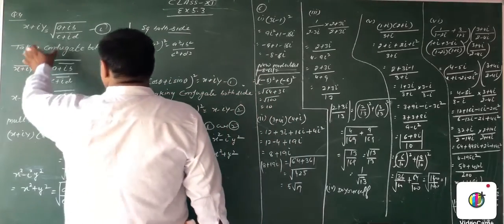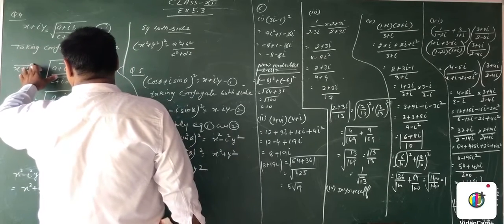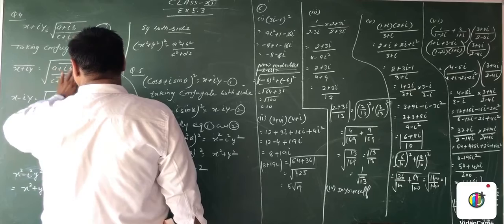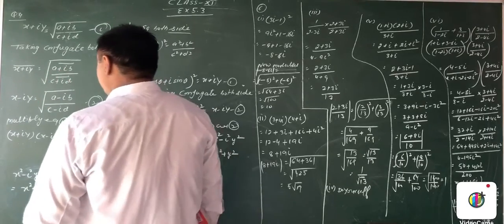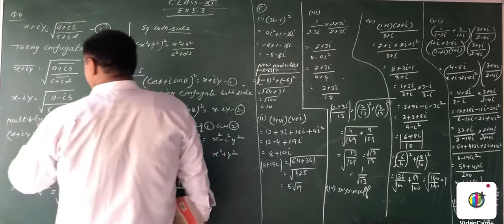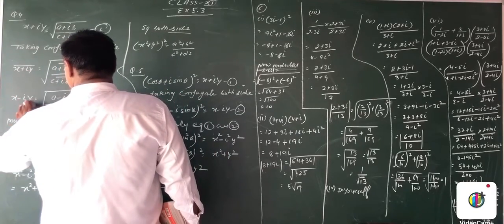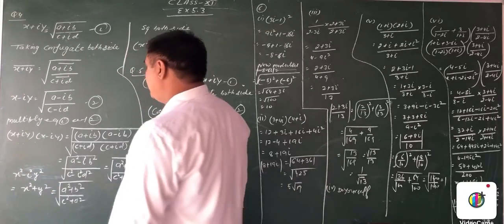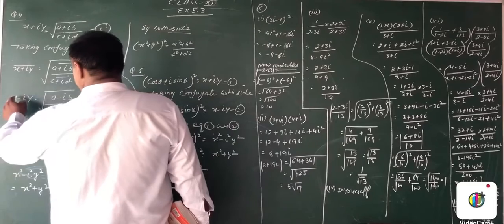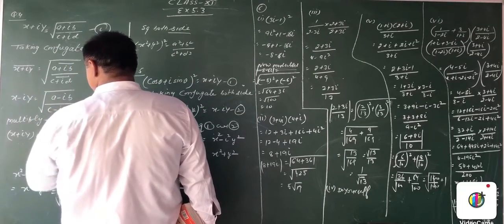So now we take the conjugate of both sides. The left hand side, x plus iota y conjugate, equals the conjugate of a plus iota b over c plus iota d under the square root. Now in a conjugate, we change the sign of the imaginary part, not the real part. The real part stays as it is. So this becomes x minus iota y, a minus iota b, c minus iota d.